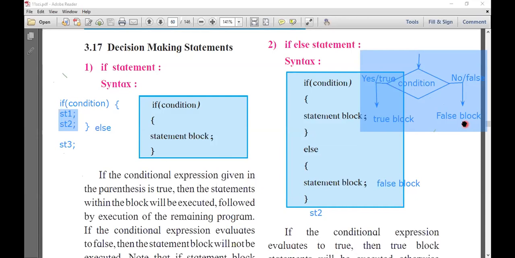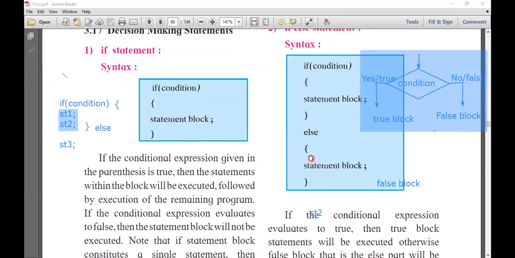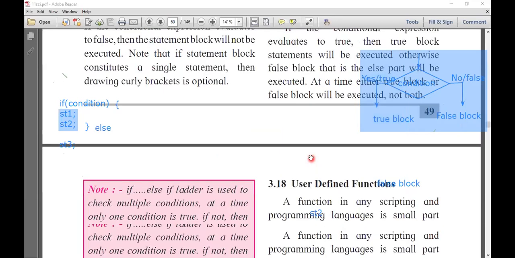If true, the true block will execute. If false, the false block will execute. So by using two different results, we can execute two different blocks. The condition has two different values, true and false, and by using these true and false blocks, we can study different programs.